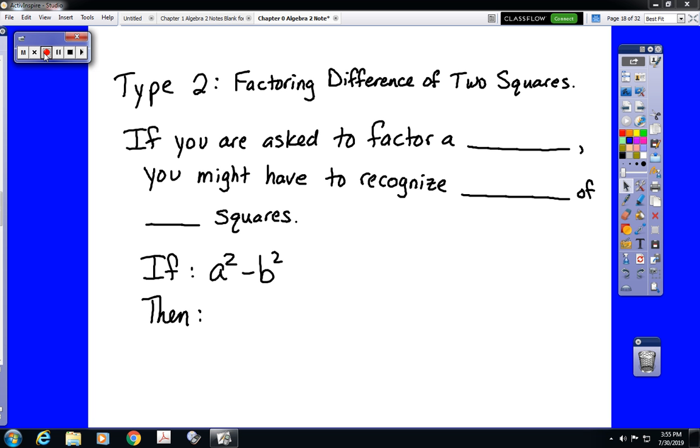So if you are asked to factor a binomial, you might have to recognize that it fits a difference of two perfect squares. In other words, it might take the format a squared minus b squared. So the first term is a perfect square, the second term is a perfect square, and it is a difference. There is subtraction in the middle. In that case,